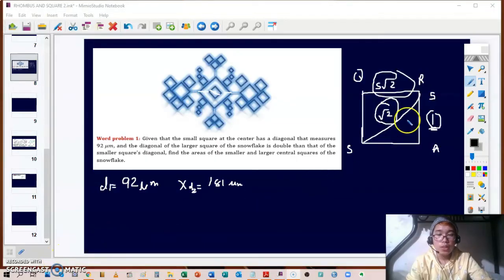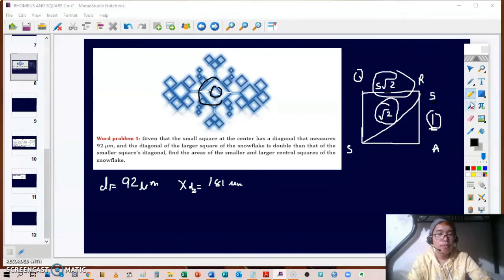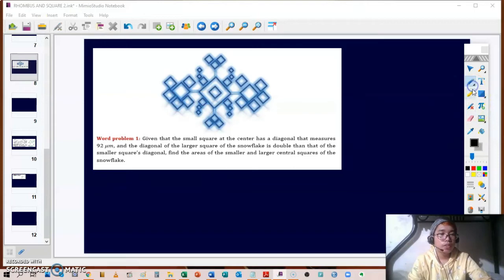Okay, so let's continue solving. To solve for the value of the side, we want to know the side measurement of the smaller square here and also the larger square. Since we know that the relationship between the side measurement and diagonal is 1 to the square root of 2, we can say here that the measurement of the side,